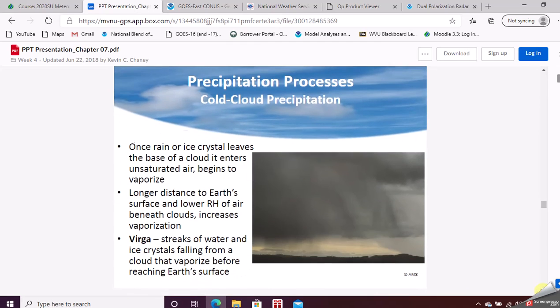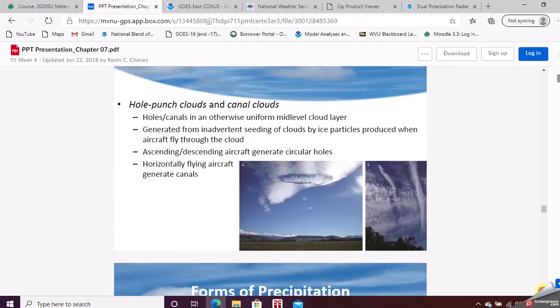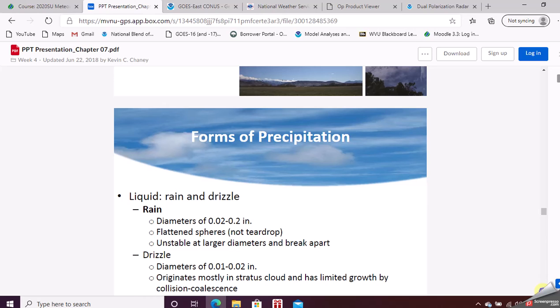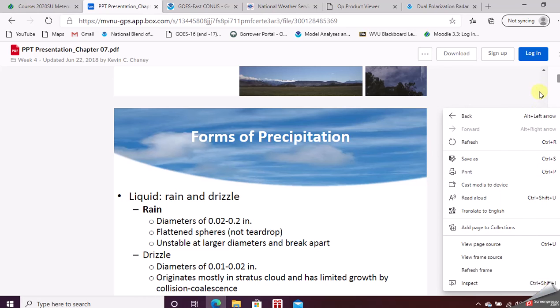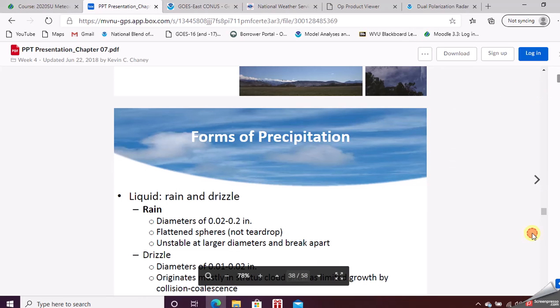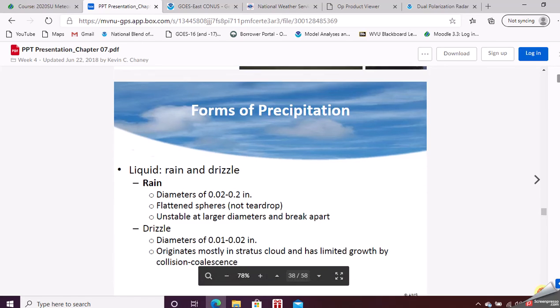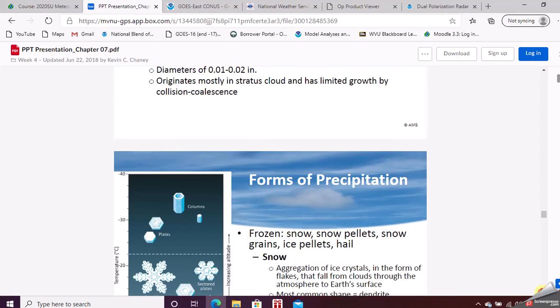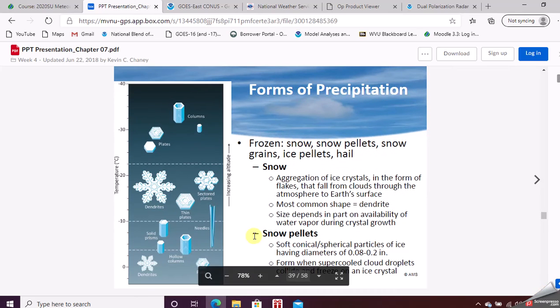So that's how all these fancy precipitation types fall. You can go through all kinds of precipitation. There are all different types of it, all different diameters of it, rain. But one of the things I did want to touch on with snow was that snow can look like what they call dendrites, what they call prisms, thin plates, big dendrites, or even other things if it's colder.